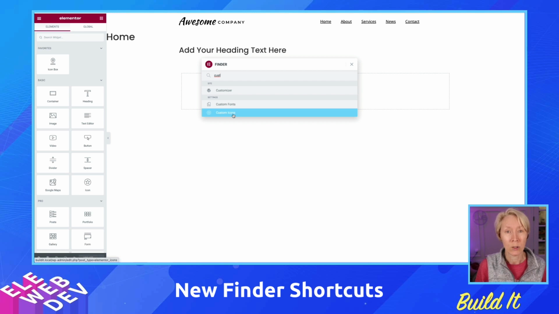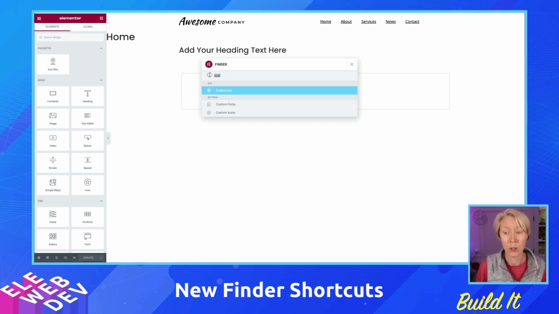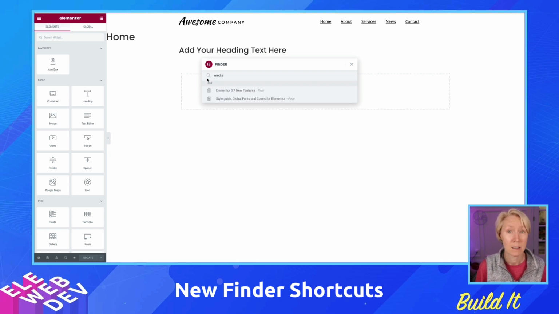And now I talk directly to Elementor. Oh, please, Elementor. It's just one person. But why have you not added the media library? It's not here. I would love to jump to the media library very quickly. It's not there. But can you jump to the media library with a